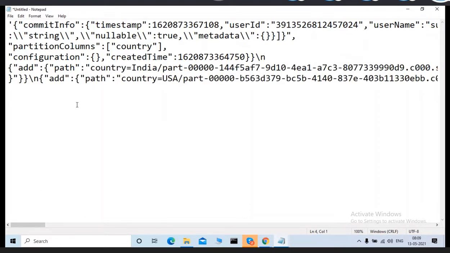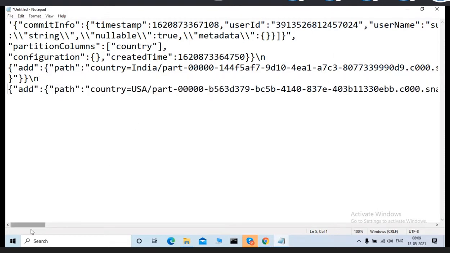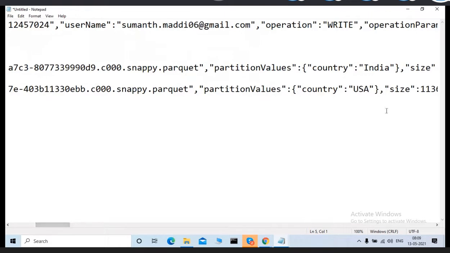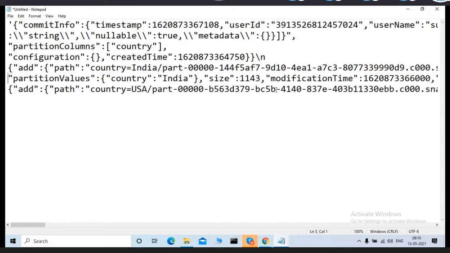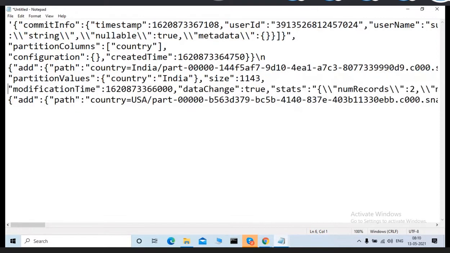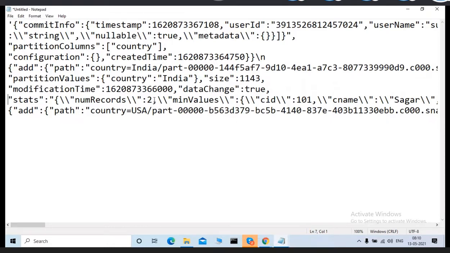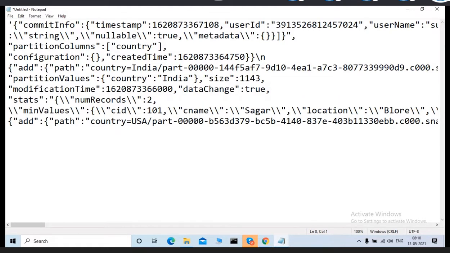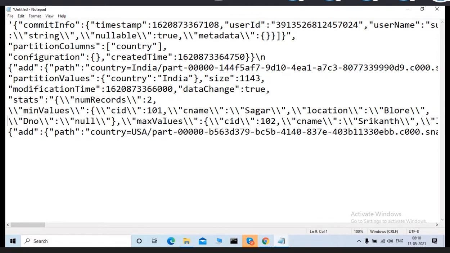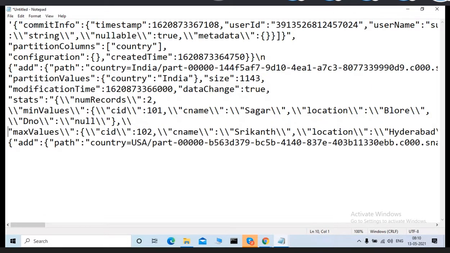We had status, number of records, that minimum value. Alright, this is the minimum value. So this is your maximum value from each file. From each file,